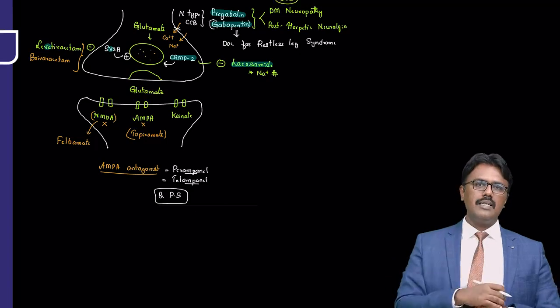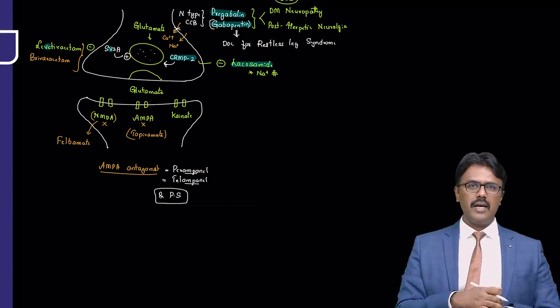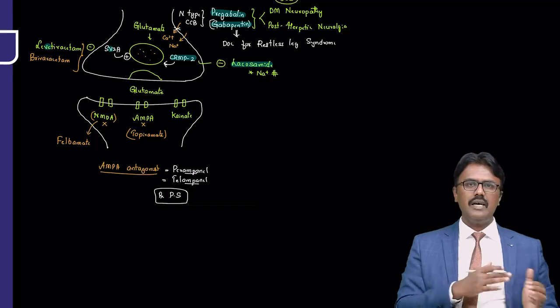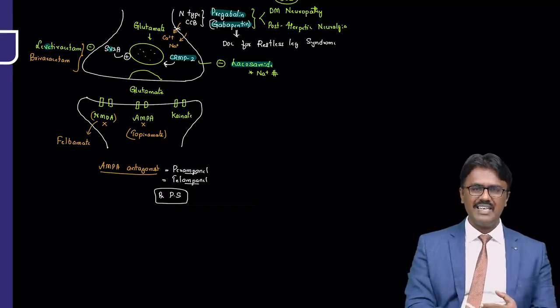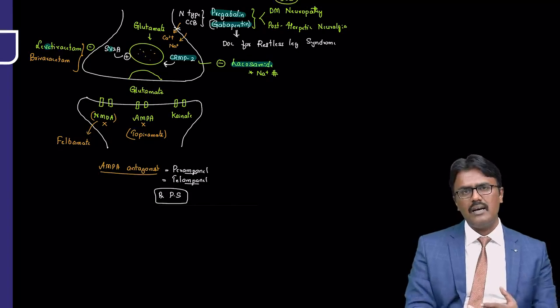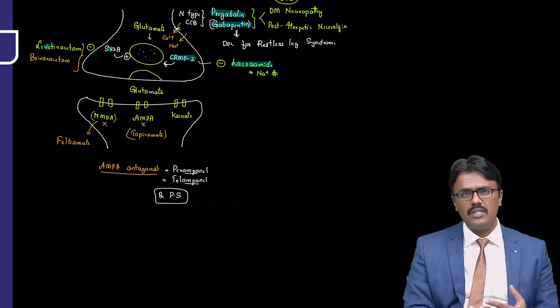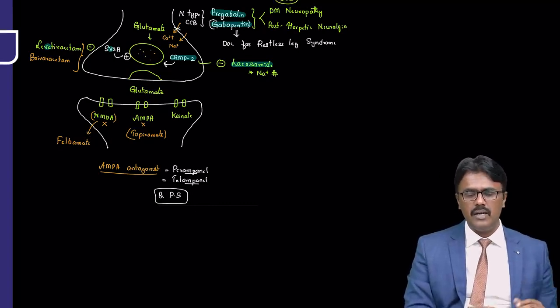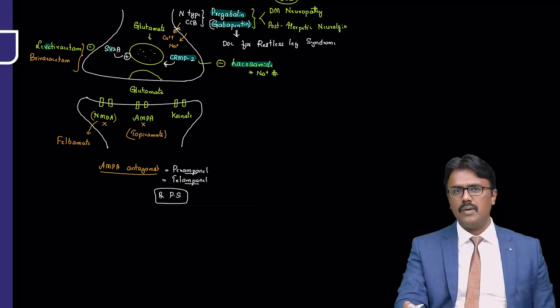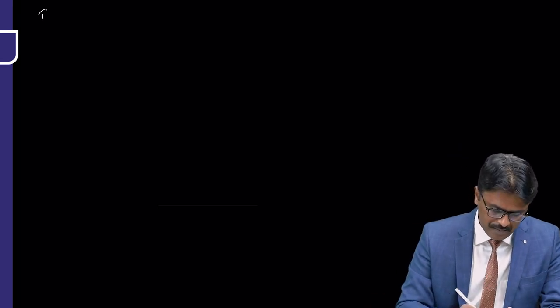So the calcium channels are blocked by pregabalin and gabapentin. Then CRMP2 is inhibited by lacosamide. SV2A protein is blocked by levetiracetam and brivaracetam, and the NMDA antagonist is felbamate, AMPA is topiramate, and two new drugs, perampanel and talampanel. And there is still discovery to be done for kainate. Okay, so moving on to the next target, the fourth one.